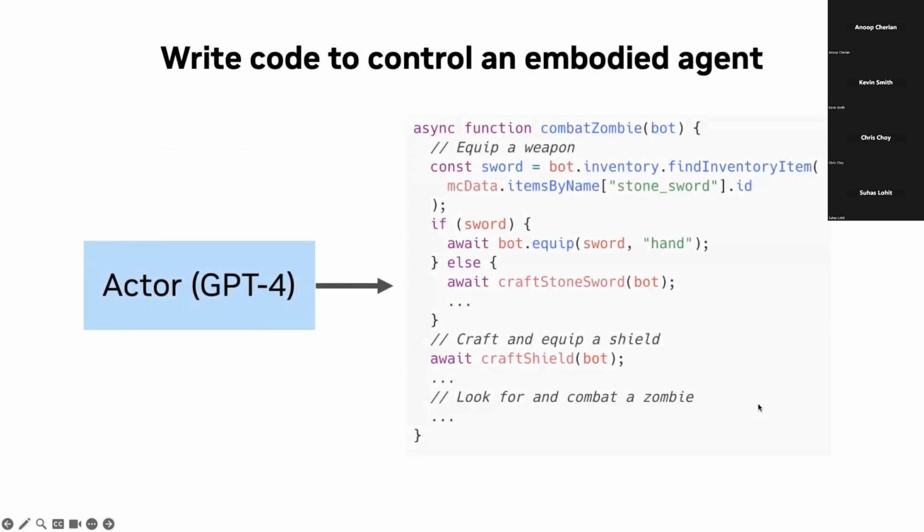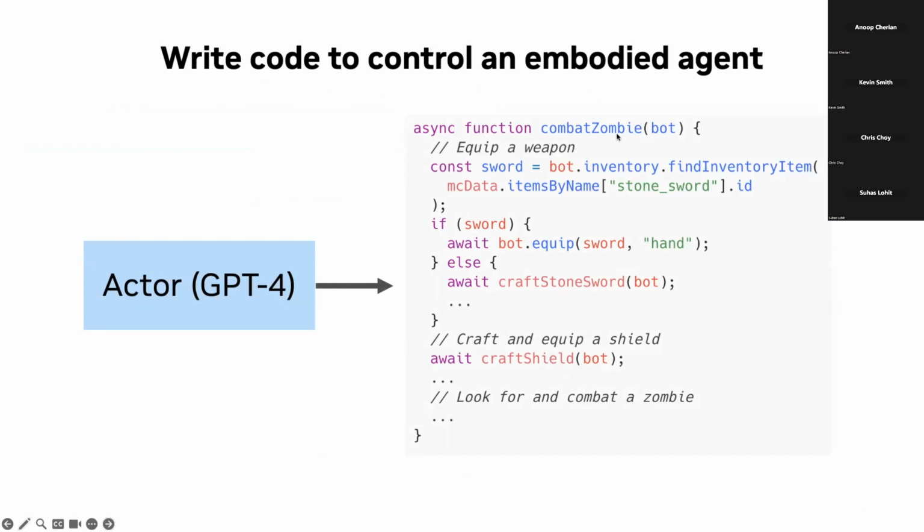And the key idea of Voyager is to use code to control embodied agents. GPT-4 shows a quantum leap in coding skills, and we wanted to harness these skills to make GPT-4 create Mineflayer code snippets. So here, for instance, we asked GPT-4 to create a function for combating zombies, and it reads